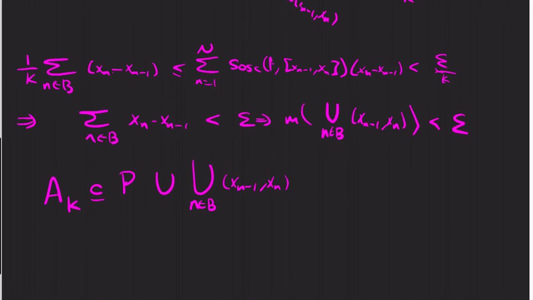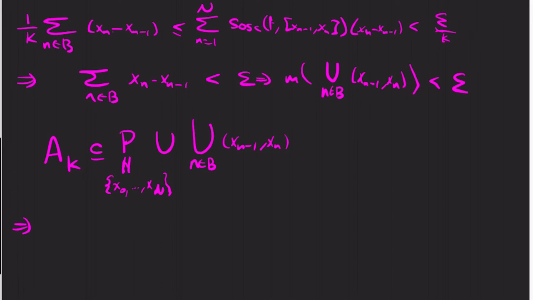But there could be just a single point or no point in this set, because B is the set where the intersection is non-empty. We have to throw P in. Remember, P is equal to the endpoints of our mesh. So that's an equality. That now tells us that the measure of A_k is less than or equal to the measure of that set plus